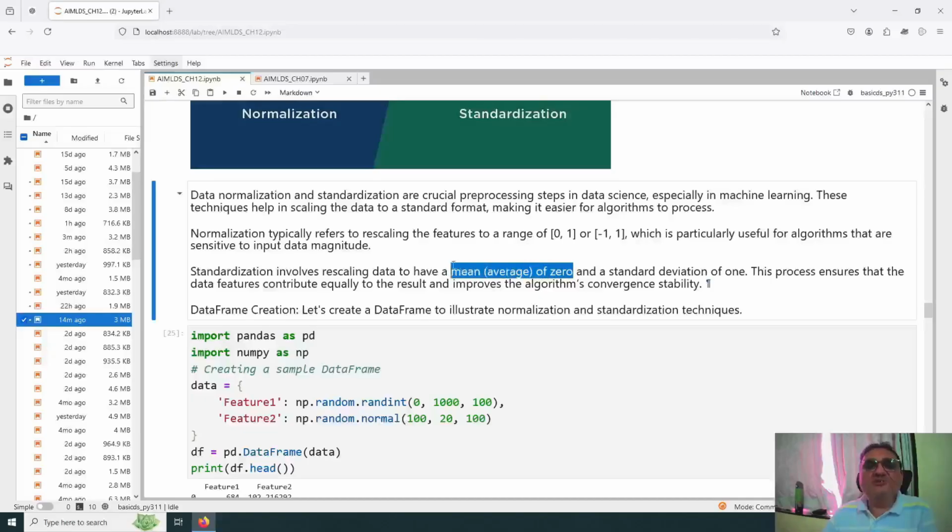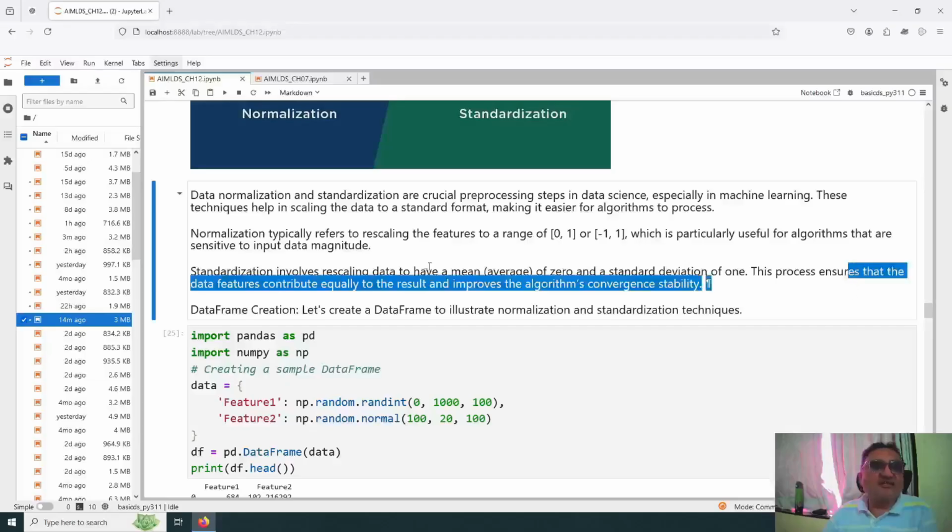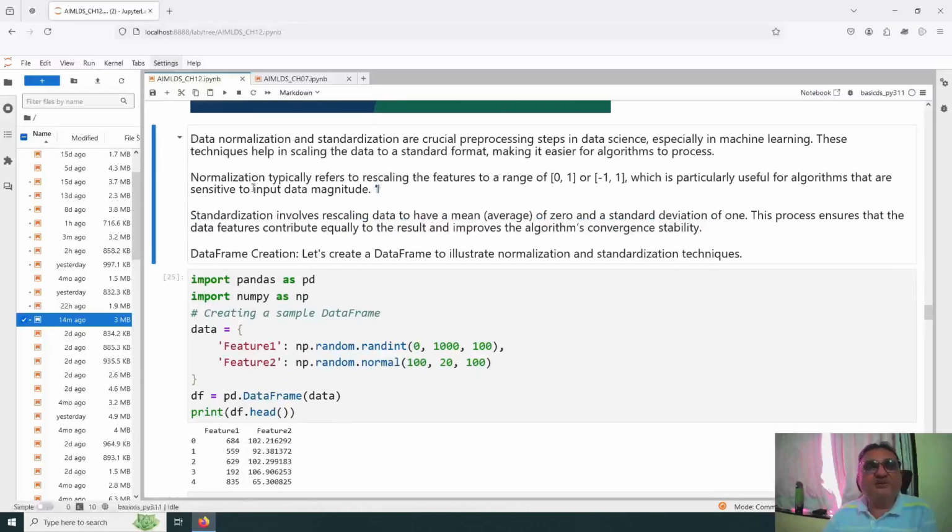So when you do the sum of observations, the values will cancel each other out, and therefore the mean is 0 and the standard deviation is 1. This process ensures that the data features contribute equally to the result. So here also, ultimately, it is the same purpose and improves the algorithm's convergence stability. Now